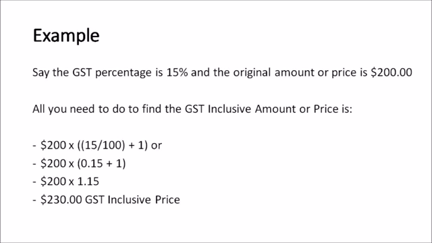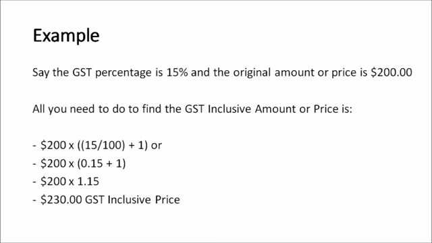All you need to do to find the GST inclusive amount or price is you take $200, right? That's your original amount, and you multiply it by